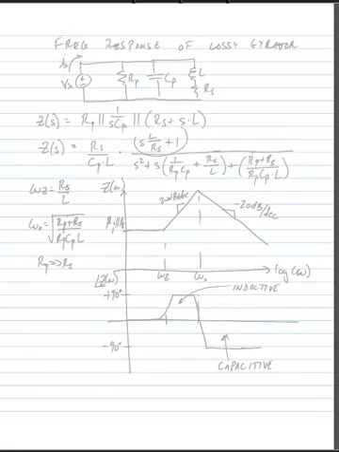Okay, so let's examine the frequency response of our lossy gyrator circuit. So we've got our input voltage source, some parallel resistance, some parallel capacitance, and a branch with an inductance in series with a resistance: RP, CP, L, and RS. We've got an input voltage and we're measuring the current flowing in here, and if we do this we'd find